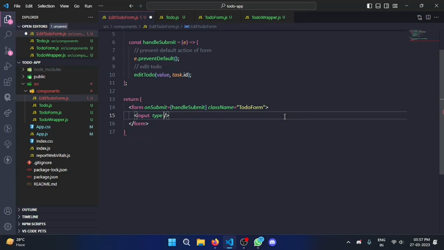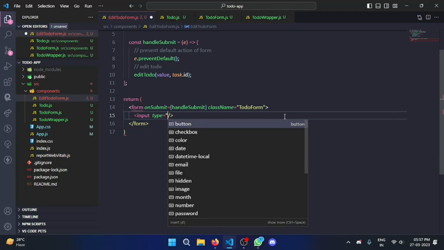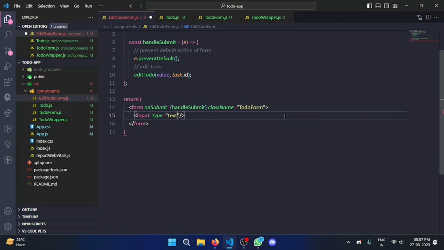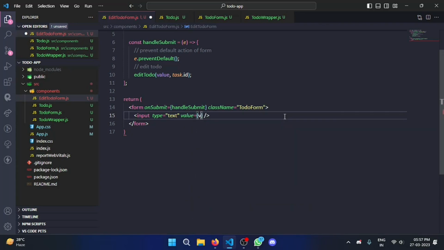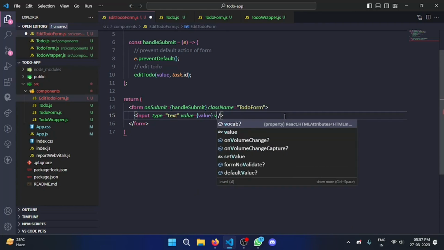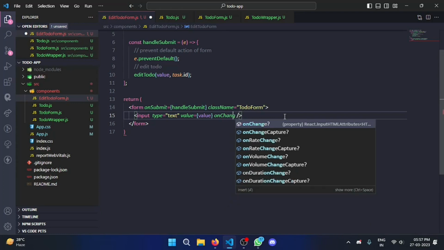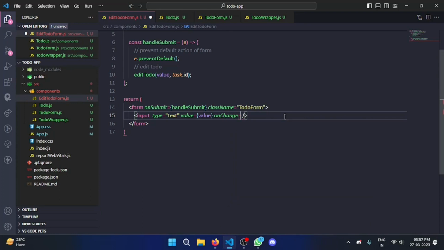Type text, value should be value, right? And sorry, on change is equal to